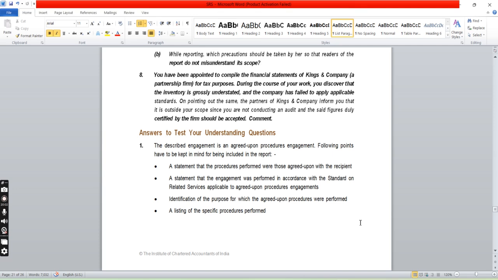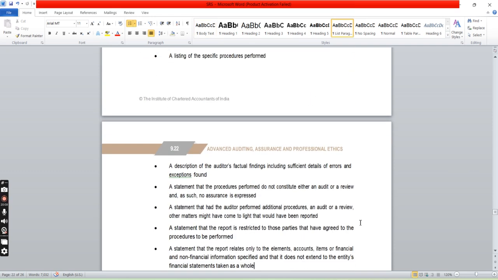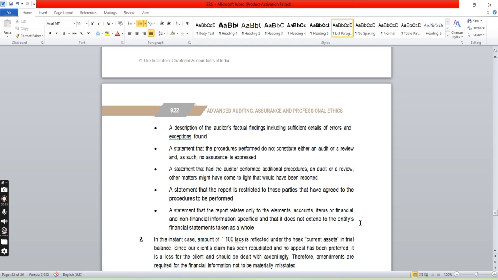Identification of the purpose for which the agreed upon procedures were performed, a listing of the specific procedures performed, a description of the auditor's factual findings including sufficient detail of errors and exceptions found, a statement that the procedures performed do not constitute either an audit or review, such that no assurance is expressed, a statement that had the auditor performed additional procedures, an audit or review, other matters might have come to light that would have been reported,